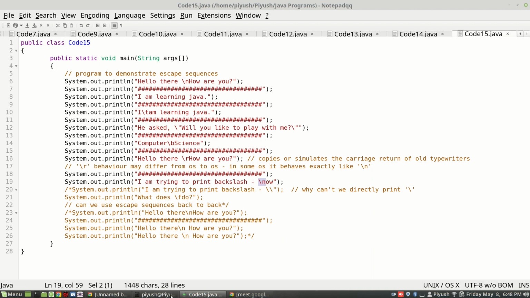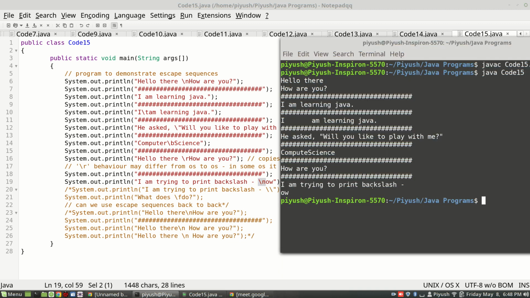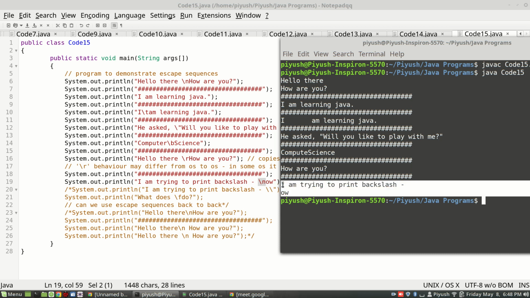So it printed up to the backslash and dash, left one space which is not visible to us, then found backslash n, changed line, and printed OW. You can see this happening here.